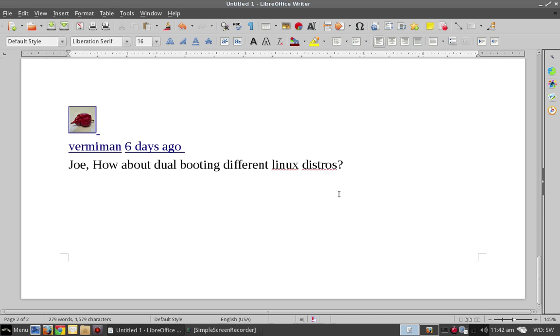And the nice thing is that if you installed grub on either one of the systems, it would probably find the other bootloader. So it would probably be a little bit easier to do, especially if you're doing two Linux distributions. You probably know more about what's going on as far as the bootloader and the grub menu and all that other stuff. And if you did run into a problem, you could fix it. So yeah, you could dual boot Linux distros. I haven't tried it, but I think I will at some point down the road and just see how it goes.